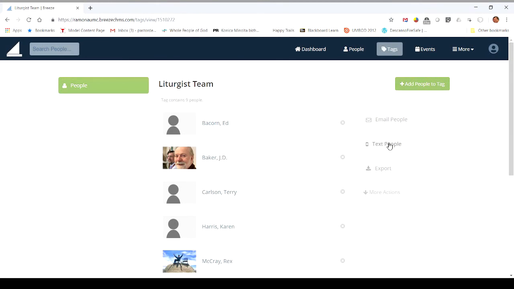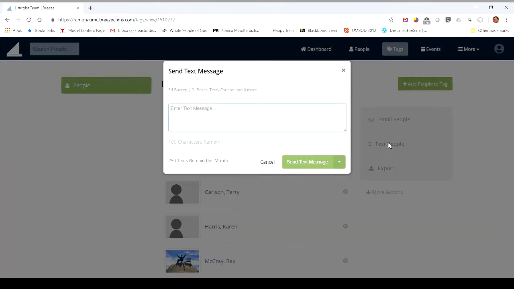Just as fast and perhaps even quicker for everyone is that you can send them a quick text message. Now these should be much shorter. You don't want to send a paragraph and a half of information via a text message. But if you wanted to get a quick message out to your team, hey, don't forget tomorrow's meeting. You could do that, and you could click send text message, and it will go out to all